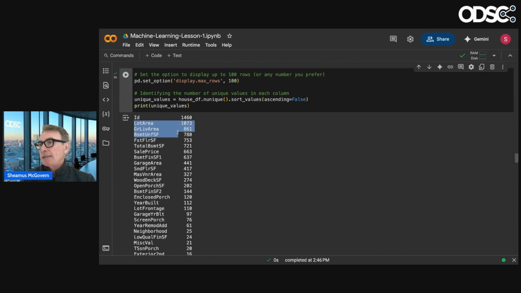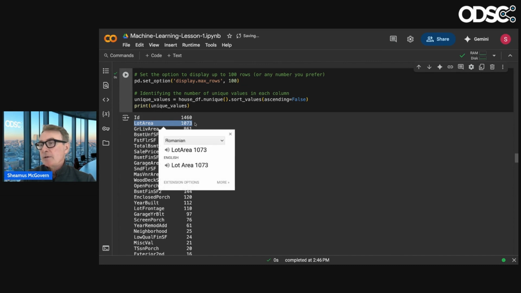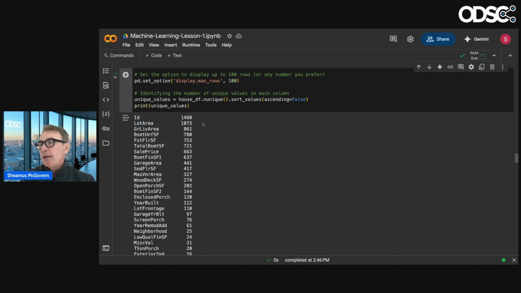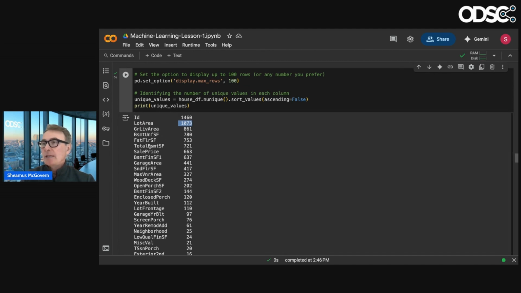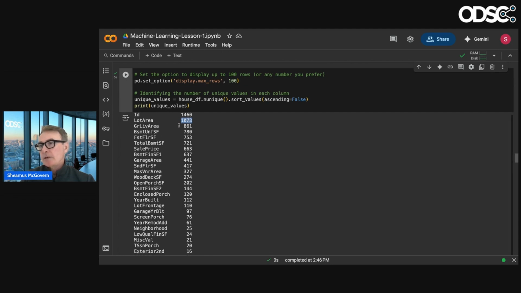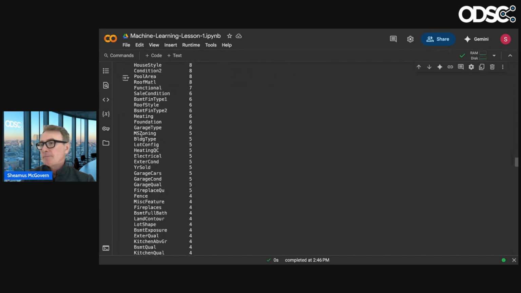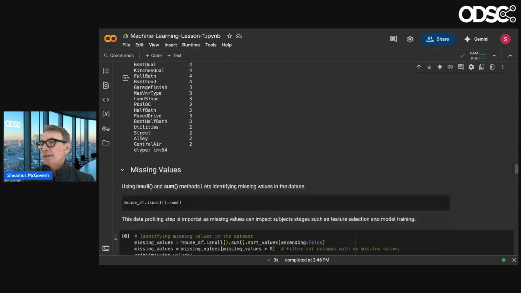And you can see here, I wouldn't want to convert this to a categorical feature. Otherwise, I would add 1,073 features to the one we already have. But luckily, I think that's a numerical value anyway. So same as year built. So anyway, that's our profiling.